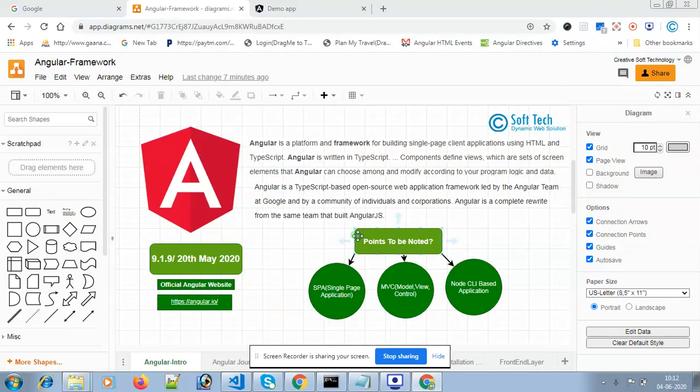Hello, good morning. Today I am going to share some of my knowledge about AngularJS, the Angular framework. Before starting with the framework, we have to think about what Angular is and why we should use this Angular framework. Here you can see that Angular is a framework for building single page client applications